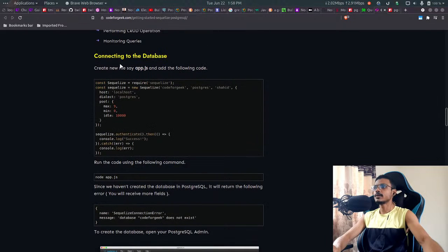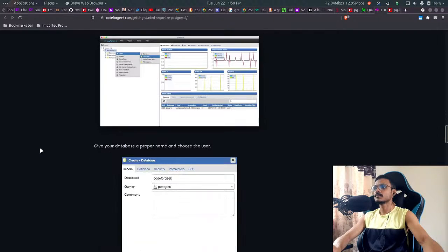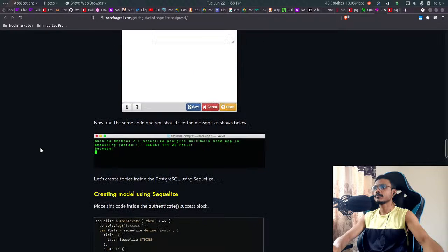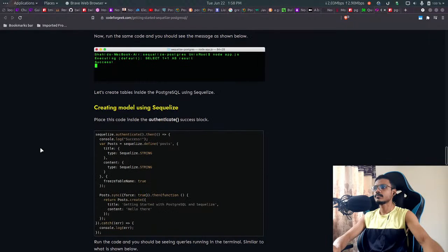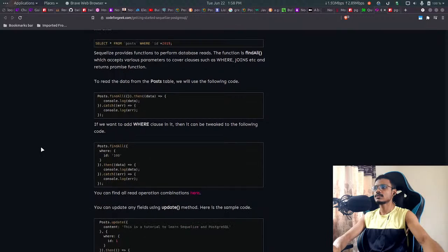What should we do now? Connecting to DB, create a new file. Okay, app.js. Now we should separate this code, right? Yeah, we should have this in a separate